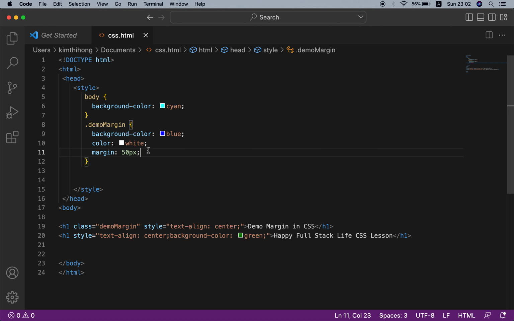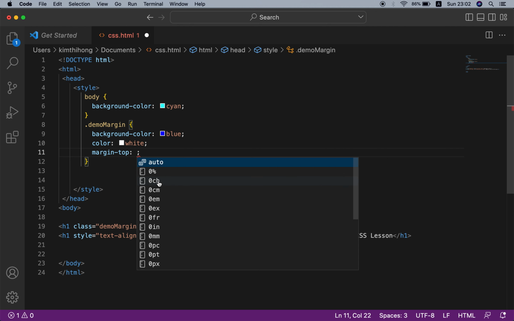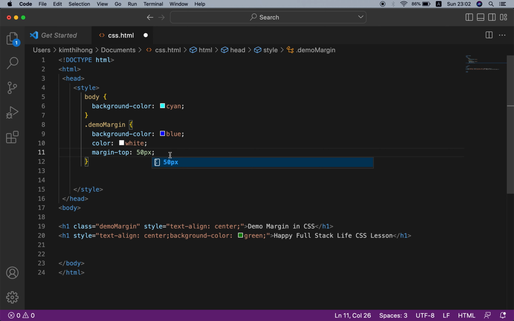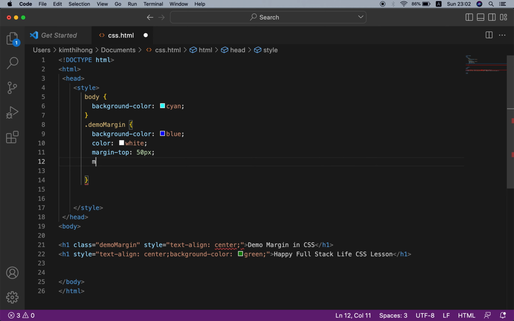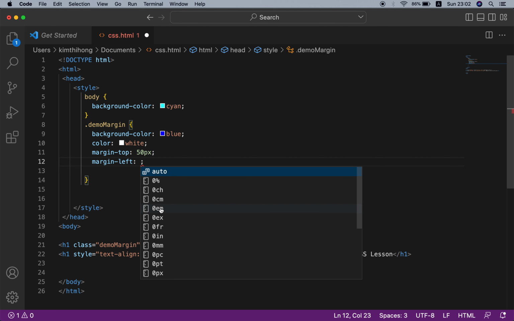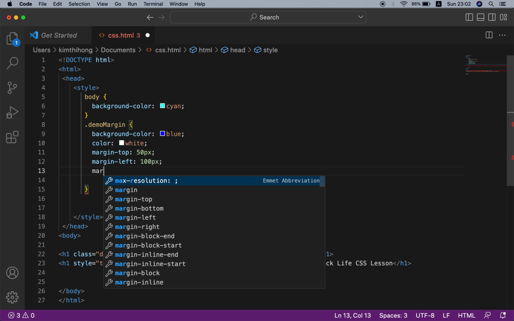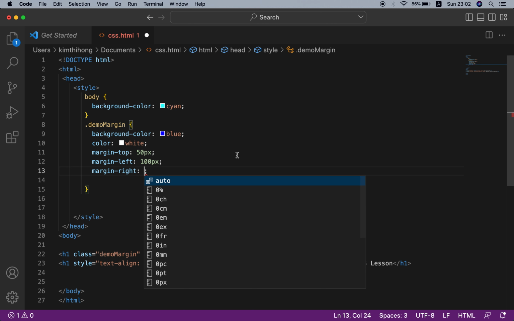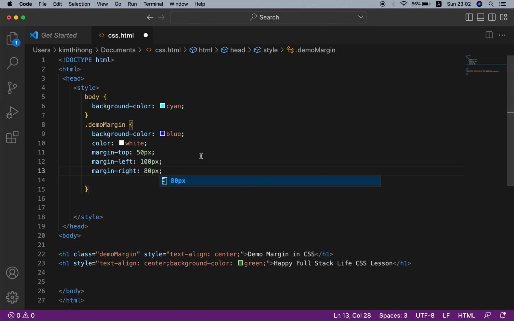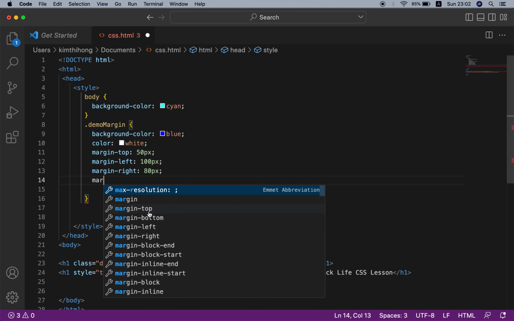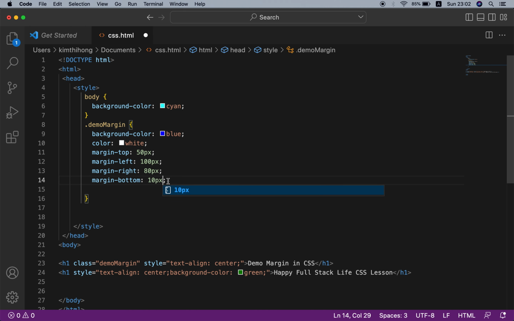But if you want to add different spaces for left, right, top and bottom, we should use margin-top maybe 50 pixels, margin-left 100 pixels, margin-right 80 pixels, and margin-bottom just 10 pixels.